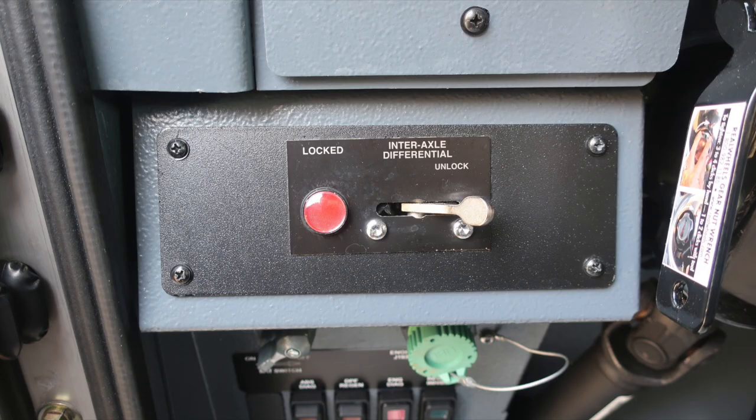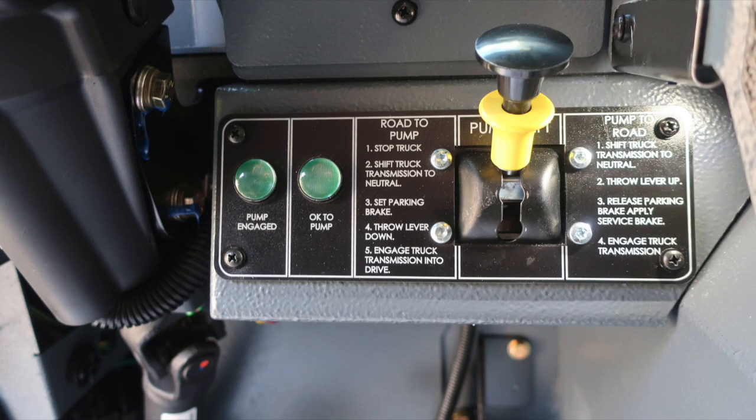Moving to the opposite side, you'll find your interaxle differential lock, and then you'll find your pump shift. There are instructions for its operation. On the left we have from road to pump, and on the right side we have instructions from pump to road. Just a reminder, you need two green indicators, pump engaged and OK to pump, illuminating for pump operations before